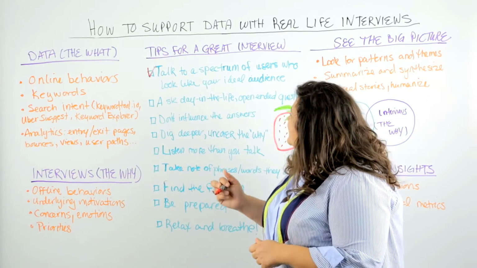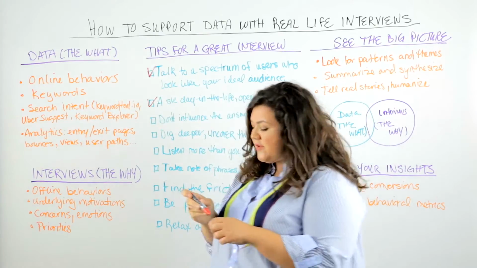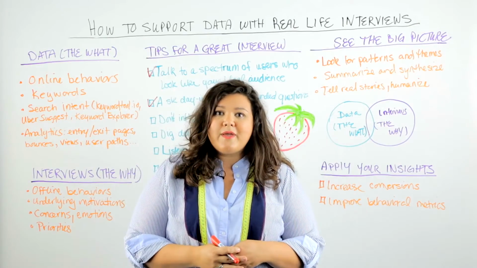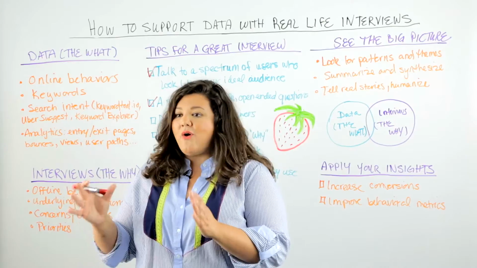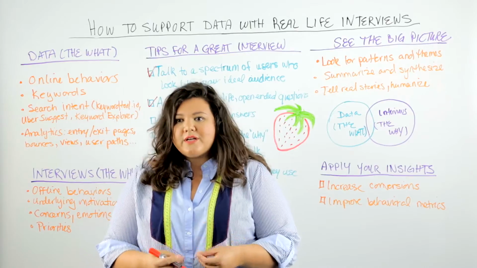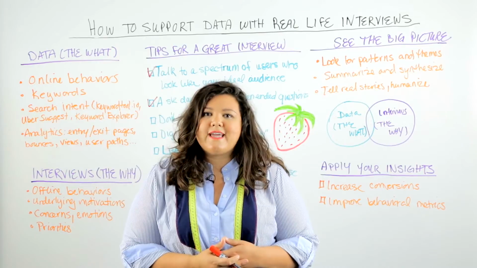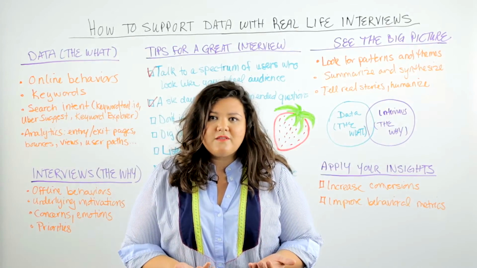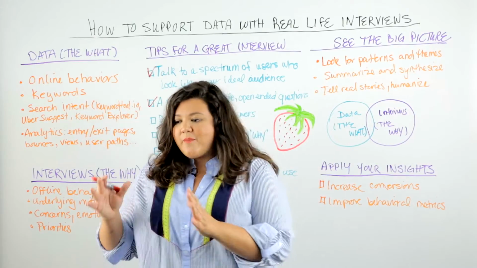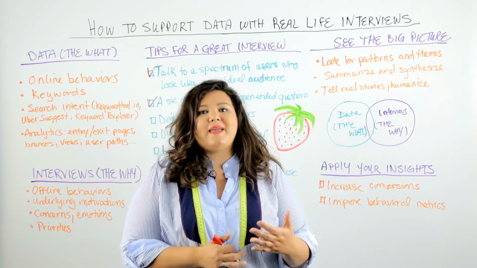The next one is to ask day-in-the-life open-ended questions. This is really important. If you ask typical marketing questions like, how likely are you to do this or that? Or tell me on a scale of 1 to 10 how great this was, you'll get typical marketing answers. What we want is real, nuanced answers that tell us about someone's real experience. So I'll ask questions like, tell me about the last time you bought a food gift online. What was that like? We're trying to get that person to walk us through their journey from the minute they're considering something to how they vet the solutions to actually making that purchase decision.